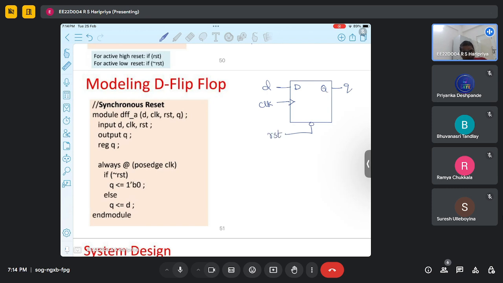Now it is synchronous because whenever there is a positive edge of clock, we have two conditions. RST equal to 0, RST not equal to 0. If it is equal to 0,